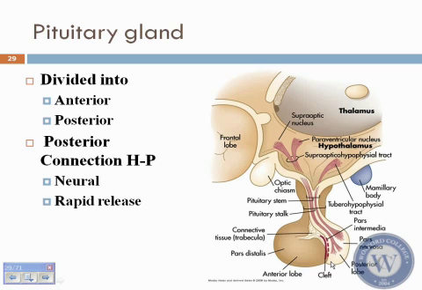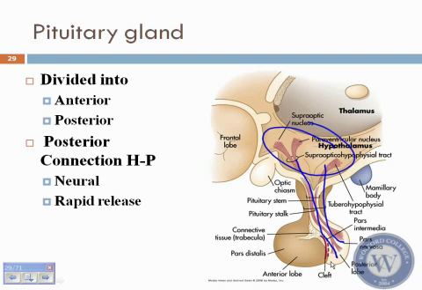The posterior lobe is not the same. The posterior lobe actually has an axonal contribution, which is what they show in this picture. Okay? They show that the actual nucleus is up here in the hypothalamus, but the axons travel all the way down here, and they release oxytocin and basically ADH, which are then hormones that go into your bloodstream. Okay? That's the hypophyseal connection. Okay? So that's actually a neuron connection.